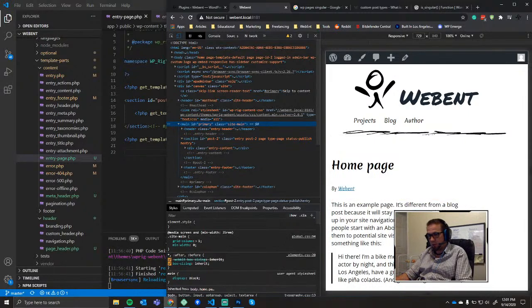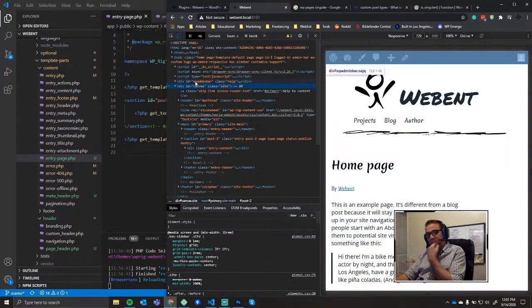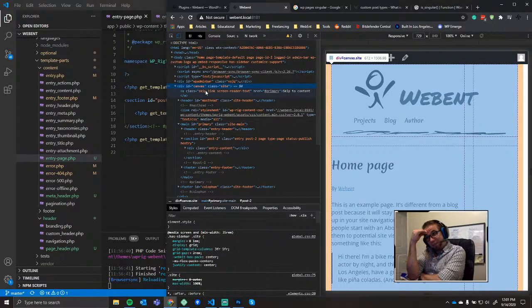It'll be in the main elements grid. So there's a grid actually being defined right here on site, and that's kind of unfortunate